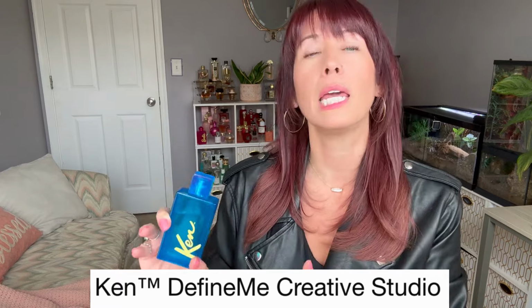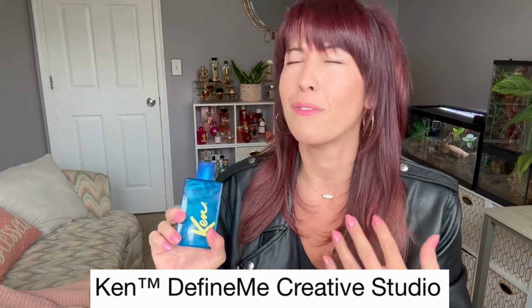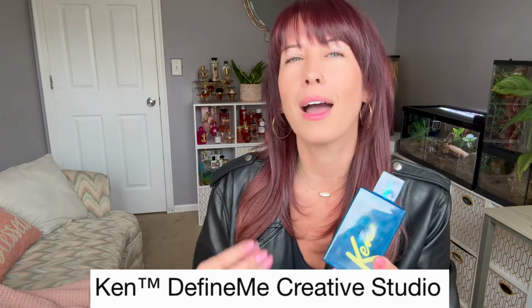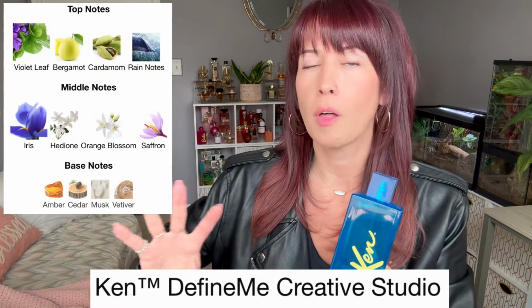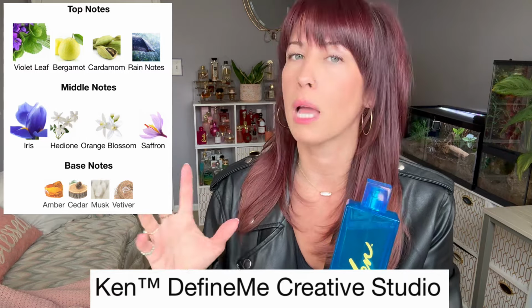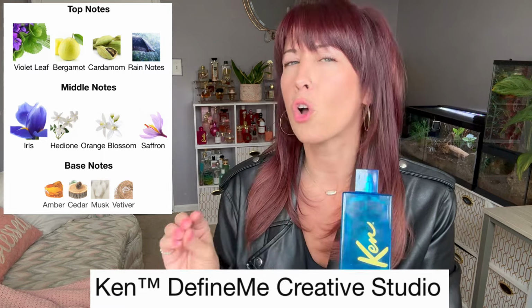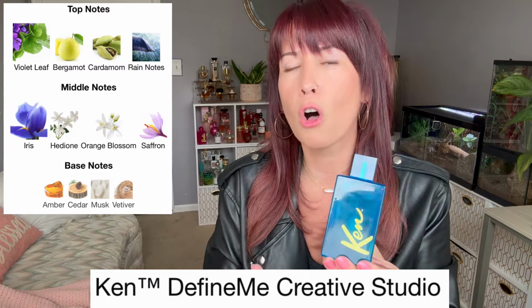And then we have Kin by Define Me. This one, in my opinion, is unisex, leaning more masculine. However, I really enjoy wearing this perfume. I think it's very sexy. And again, this is different than just a typical freshy perfume. It's got a little bit of interest to it. So this one doesn't have leather or suede or anything like that in there, but it does have saffron. And like I said, sometimes saffron can come off leathery, and in this instance, it does. It's not dominant or in your face, but there's a very soft leatherness